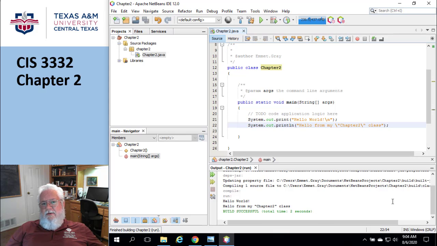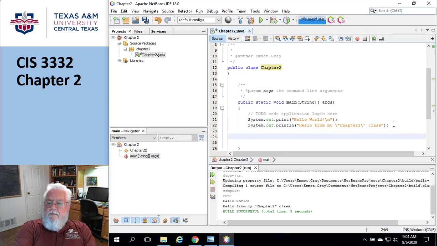Okay, so escape sequences are not complicated. Maybe on a quiz I'll say something to the effect of, here's a print line, how many lines of output is it going to produce? So you just need to look at it and figure it out. Okay, so let me do one, just to make sure. So hang on a second. Let me go here, and I'm going to say System.out. I'm going to do just plain old print, and then I'm going to say